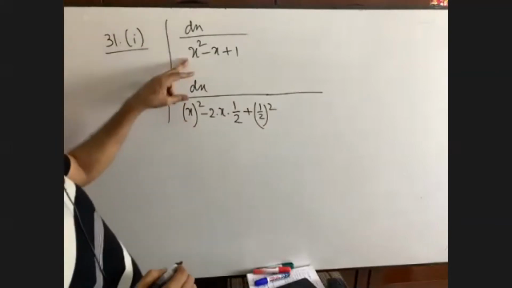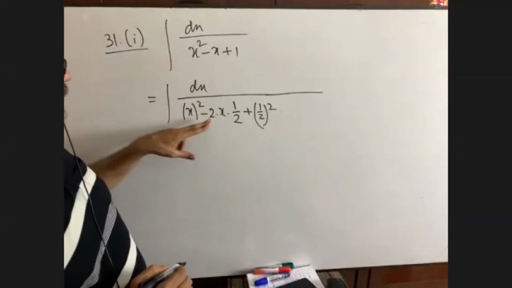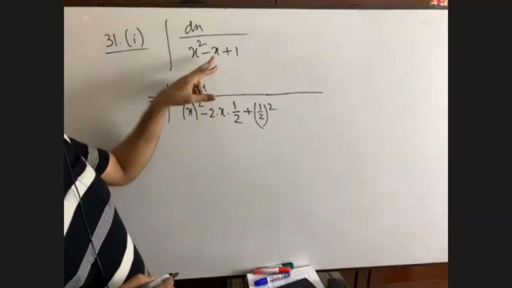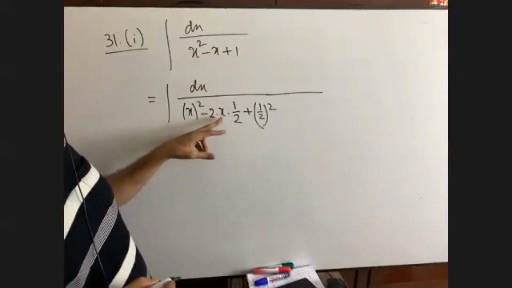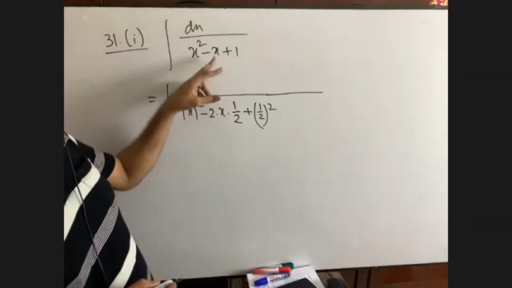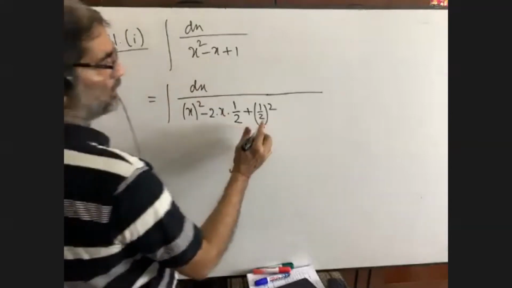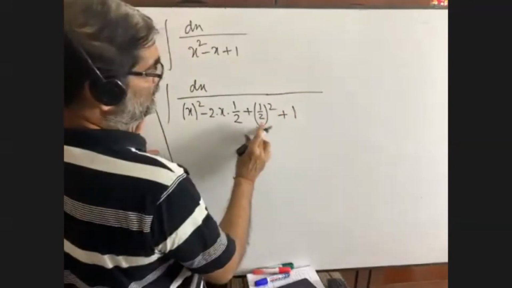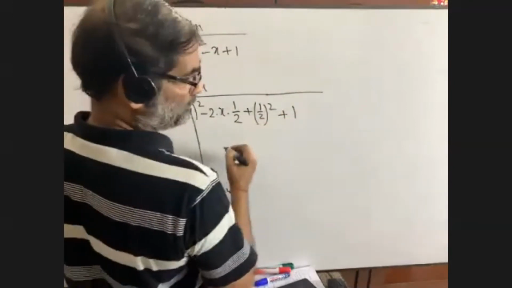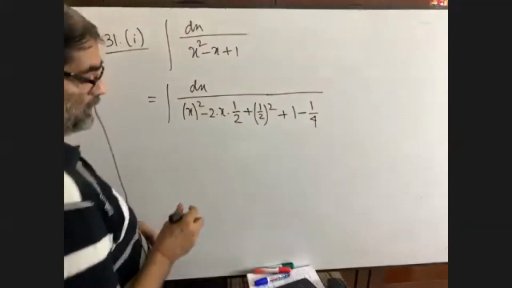You see what I'm going to do. A square minus 2a. This is a. A is x here. 2a. But it is here only x. So I have taken half. 2 will be omitted. Then it will be minus x only. Okay. Then it is b square. This is b square. And here it is 1. But this is half, that is 1 by 4, will be subtracted. I know that you have not got it.